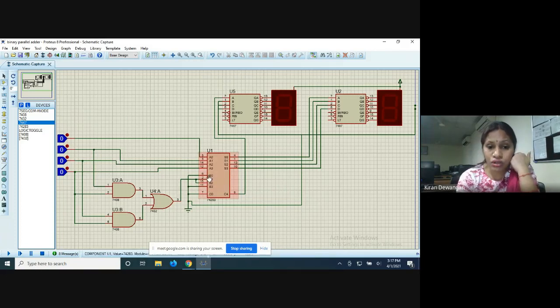The rest of the bits, B0 and B3, are directly connected to ground, that is their value is 0. So the value of B0 and B3 is given 0. So accordingly we get the output.